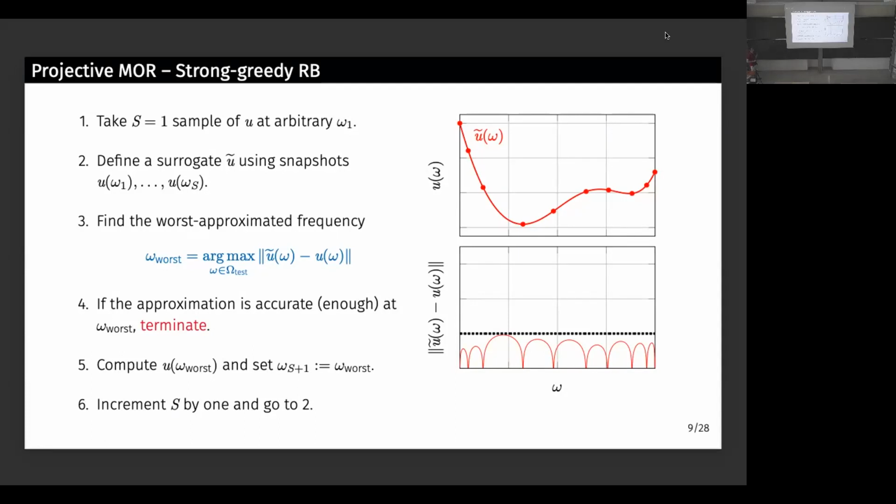So what people do is to move from the strong greedy algorithm, where you look at the error as an indicator on where to add the next step, to a residual-based estimator. So essentially, we just take the equation and we just look at the residual of the equation instead of the error. And this, you can imagine, is much cheaper because at omega test, we don't need to evaluate the function u, we just need to be able to evaluate residuals. And in the reduced basis case, actually, there's advanced techniques to speed up even the computation of such a residual. And this is basically the state of the art. It's very simple, but it's basically state of the art of how the weak greedy algorithm for a reduced basis